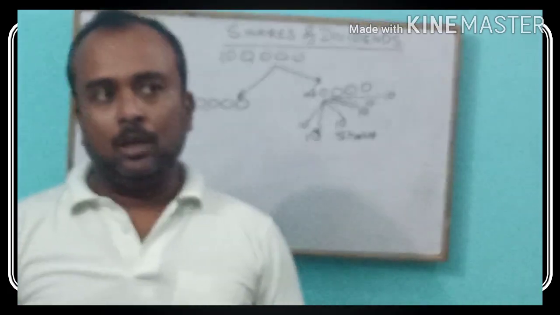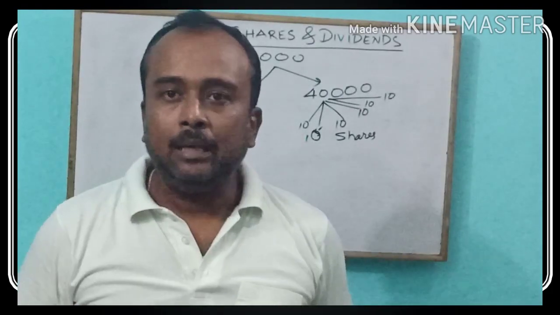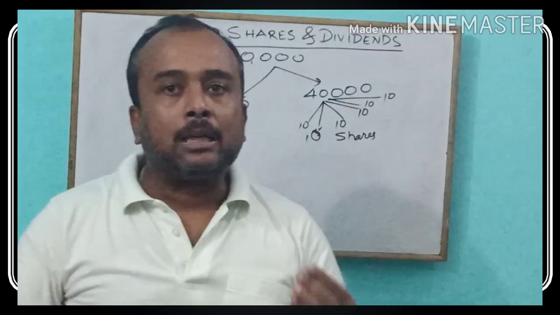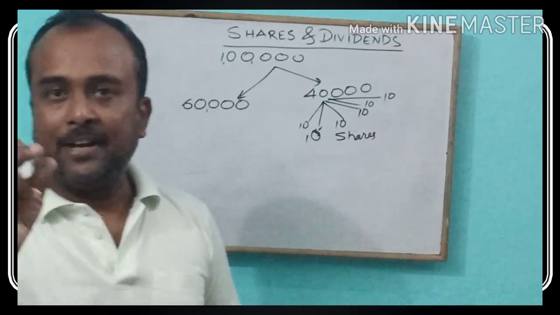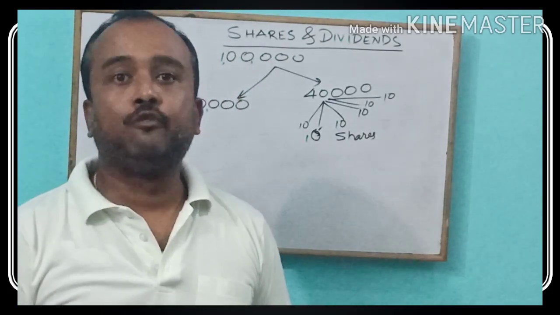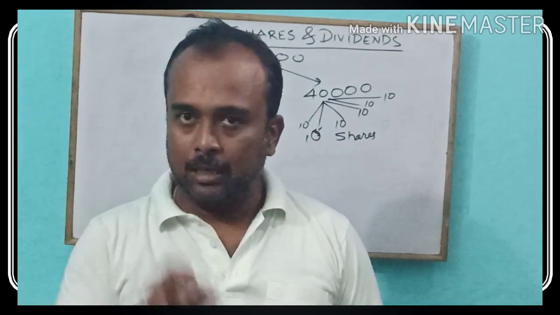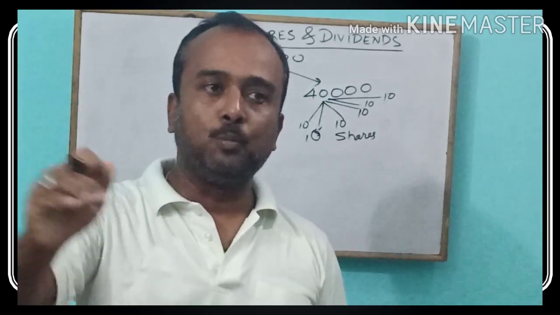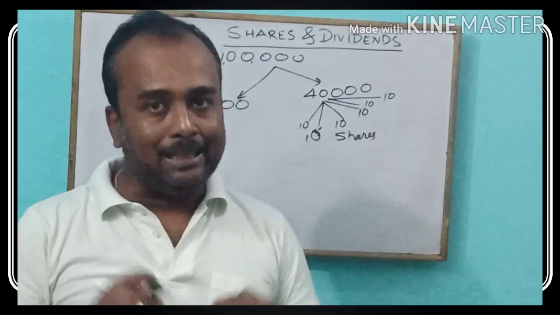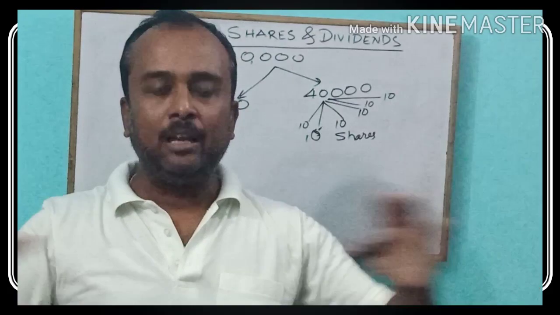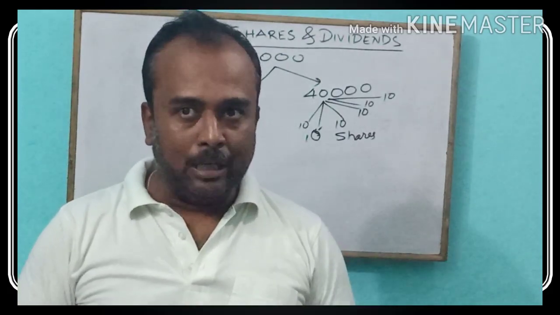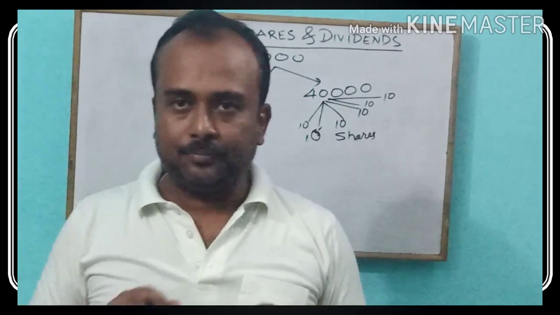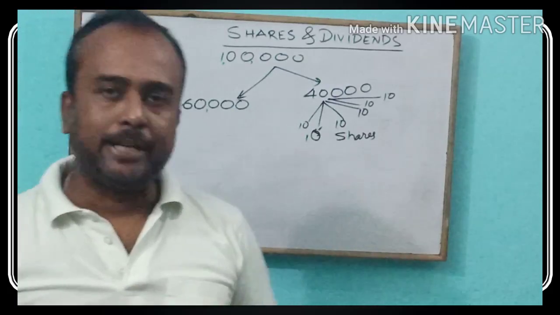Now there may be persons who have plenty of money and may be interested in investing more. So the company says that in order to get a 10 rupee share, you have to pay 500 rupees. Means the actual value of one share is 10 rupees, but you have to pay more to get the share. In that case, you will find some persons moving away, not interested in paying, so the number of interested persons decreases. Anyway, we are not going into so much detail about all those things.